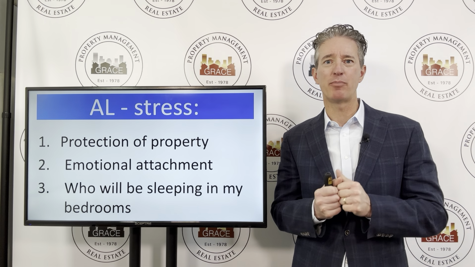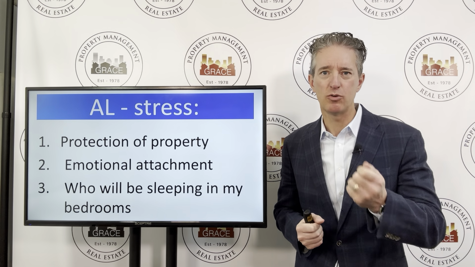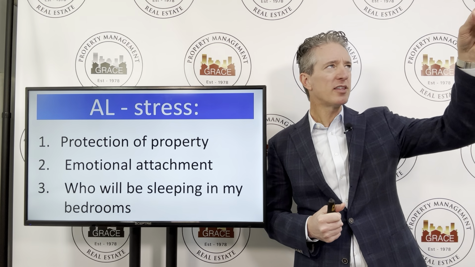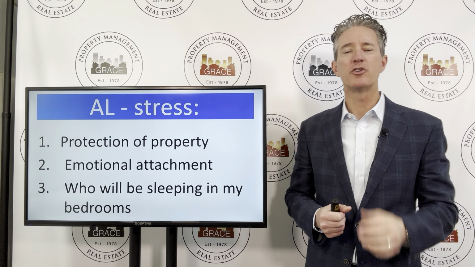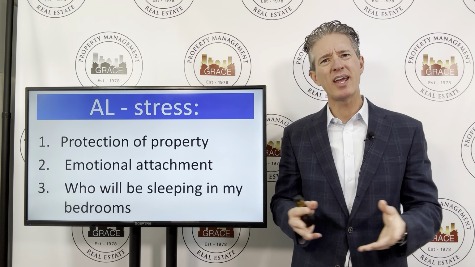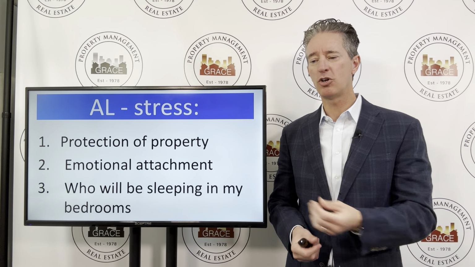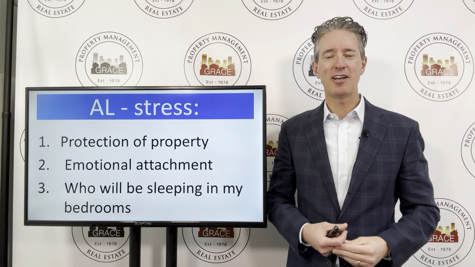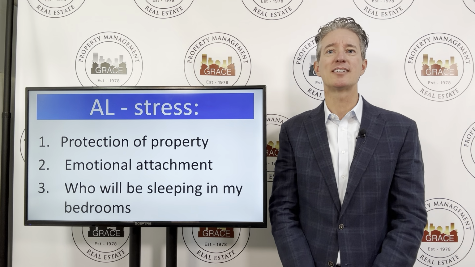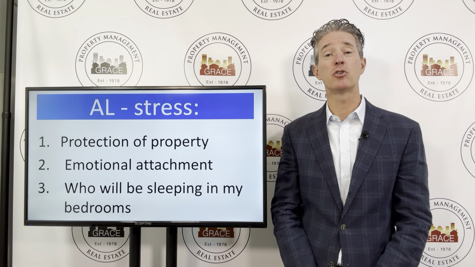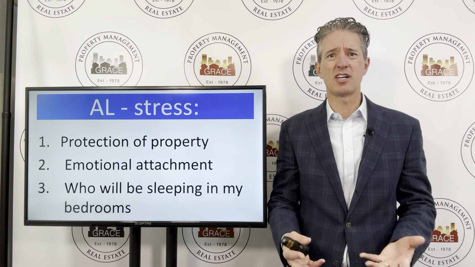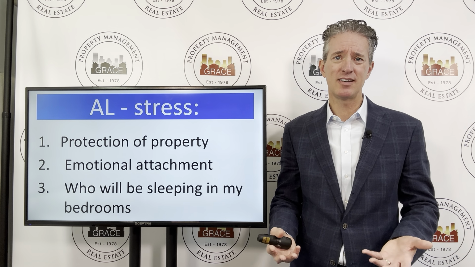They lived in that property. That was their house. That window right there, that was their bedroom window. The tree in the backyard, that's where they had the swing that their kid used to swing and climb. There's an emotional attachment to the house. Now, I know we say, well, gosh, we've got to make sure they separate themselves emotionally from the house. And you're right, but there's always going to be some emotional attachment. That's just the nature of people.